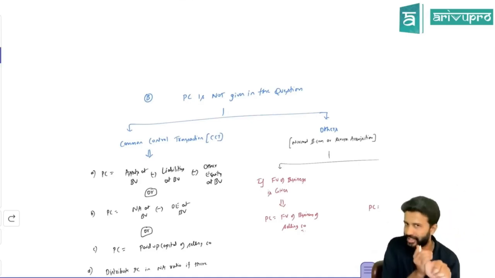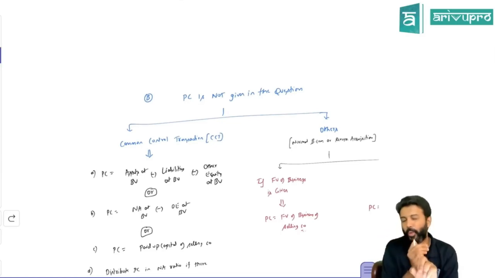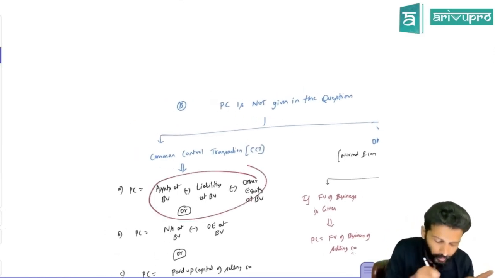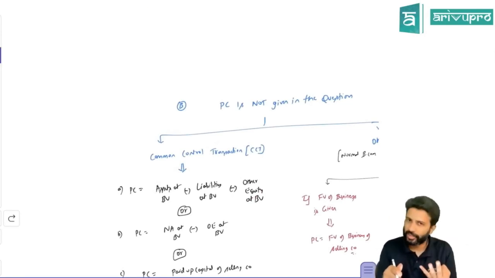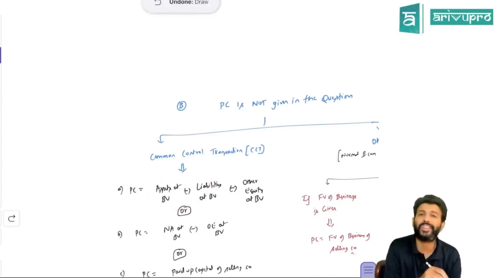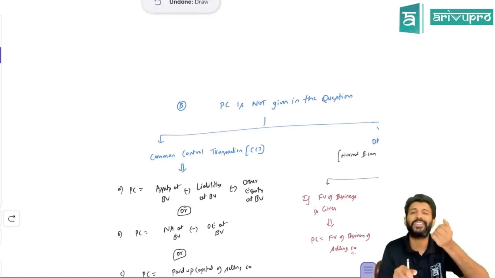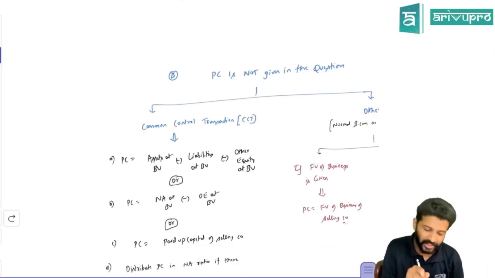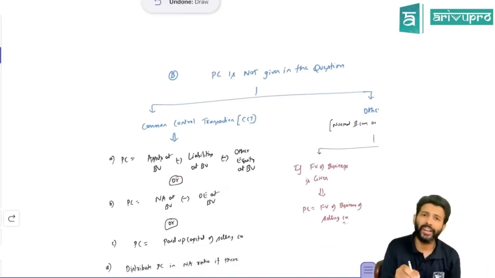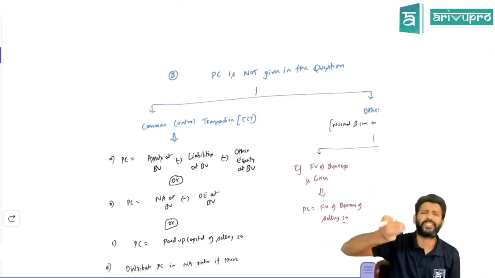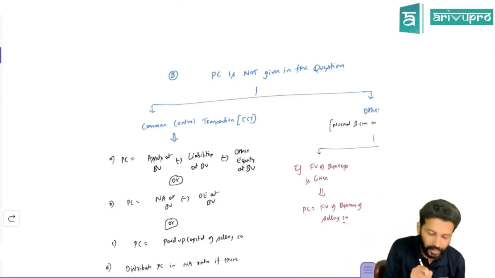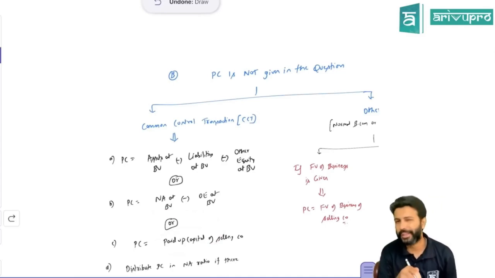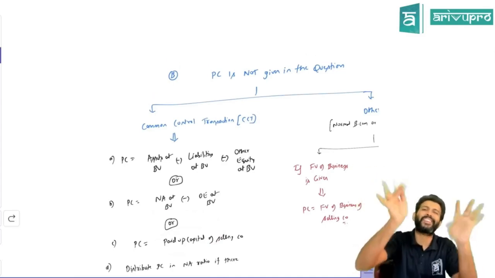PC is given by assets at book value, all liabilities at book value, minus other equity at book value. All the assets of the selling company they would have given, take them at book value. All liabilities of the selling company you adopt at book value, minus other equity at book value you take. Assets minus liability only, we call it as net assets. Or you can restructure this as PC is equal to net asset at book value minus other equity at book value. Net asset minus other equity, what else remains? There's nothing but paid up capital. So in common control transaction, if PC is not given, PC will be equal to paid up capital of selling company. Whatever is the paid up capital of selling company, that itself will be PC.